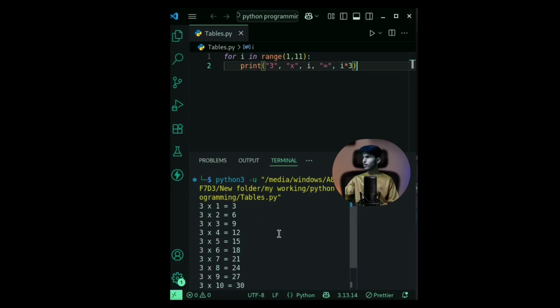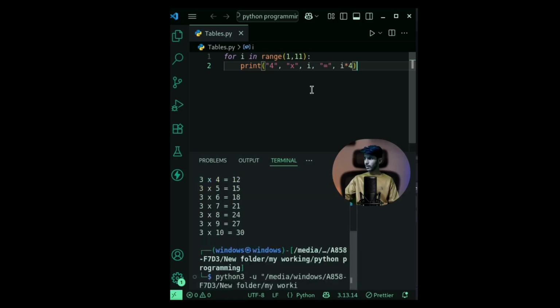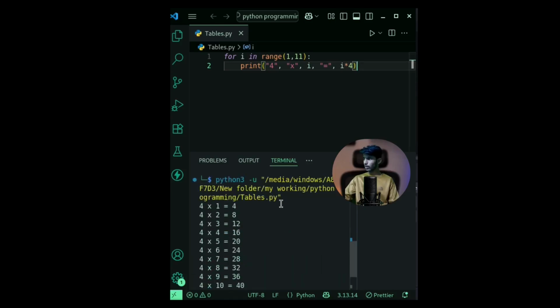So you can see this program, and I can print more tables, like a 4. You see 4 ones are 4, 4 twos are 8, 4 threes are 12. Done. So you can create the tables in the